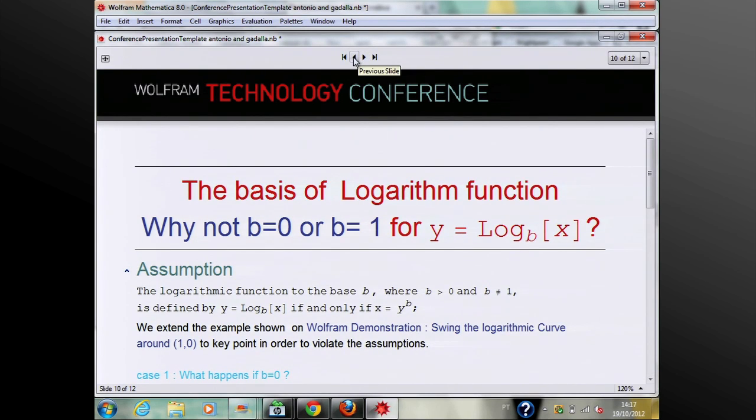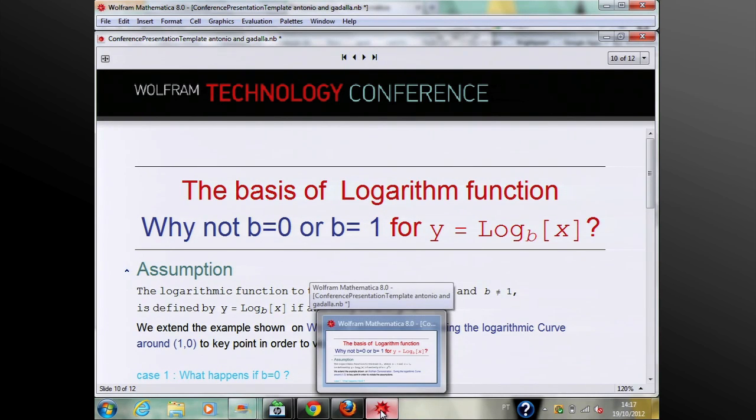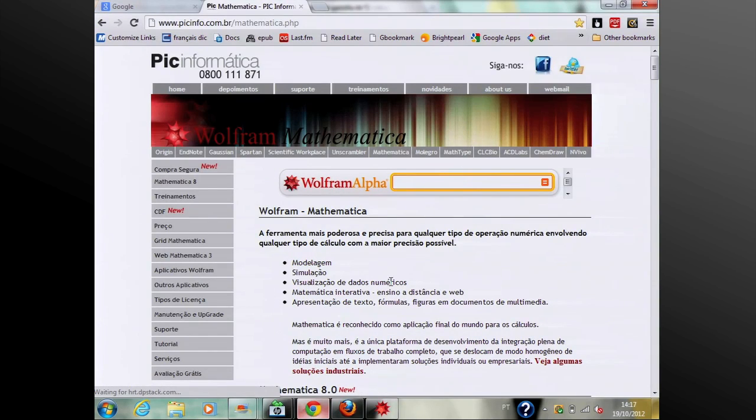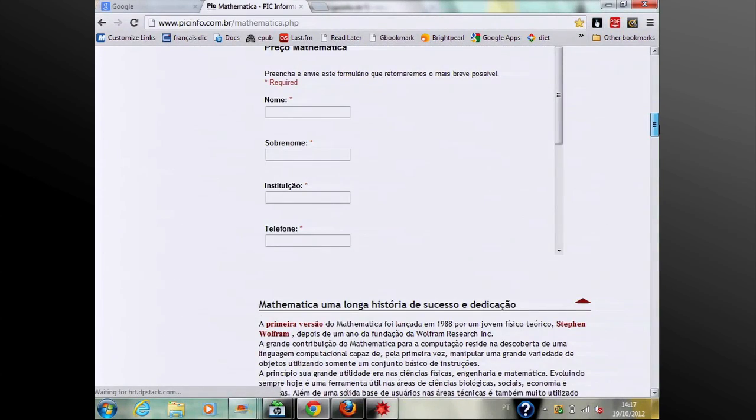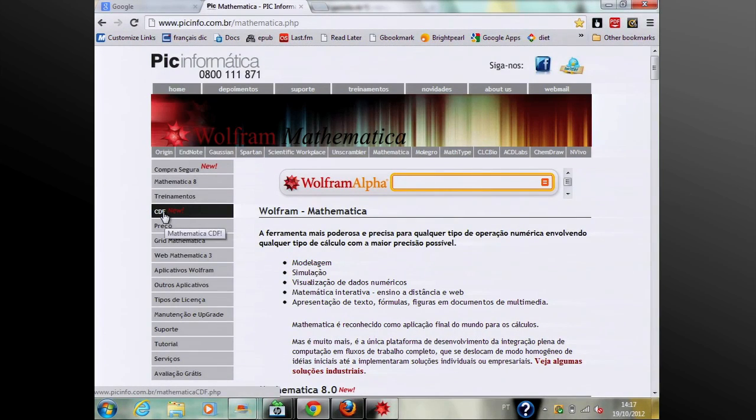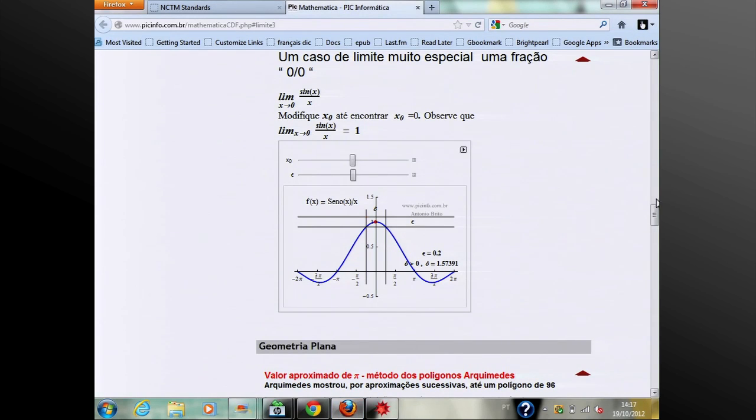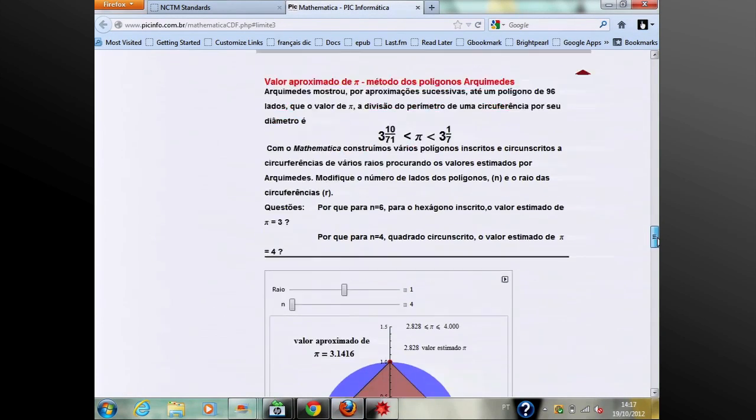Besides this part on the logarithm of b, I'd like to show a different example that we developed on our page. I really don't know if I was able to show it in time, but I have time to discuss a little bit. CDF. Okay, CDF is here. The problem is,